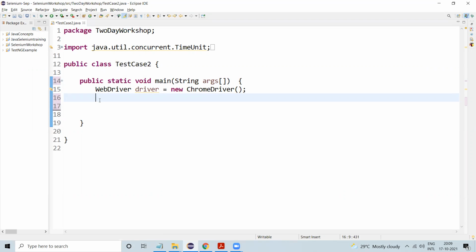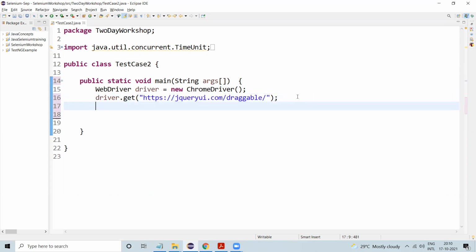I have initialized the WebDriver. driver.get, navigate to the URL. Once navigated to the URL, we need to find the element.